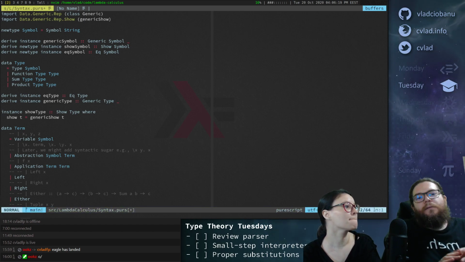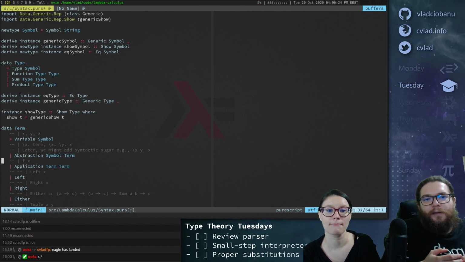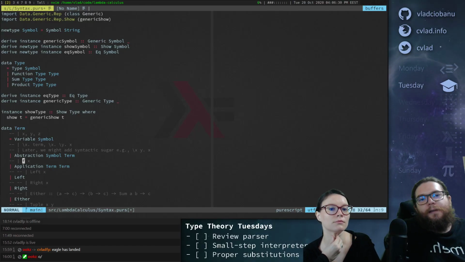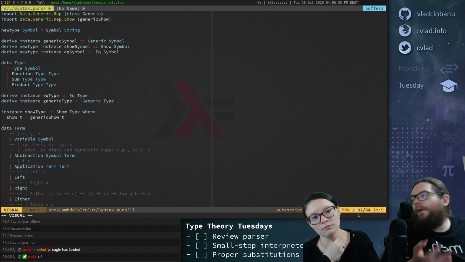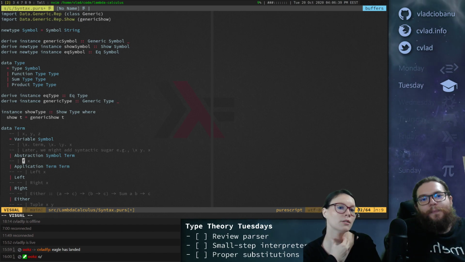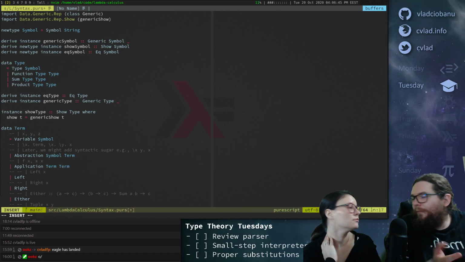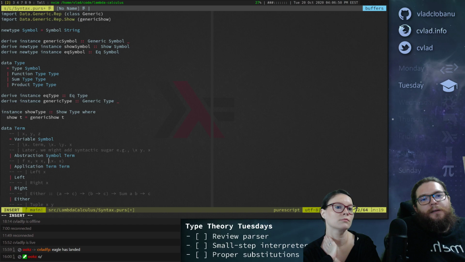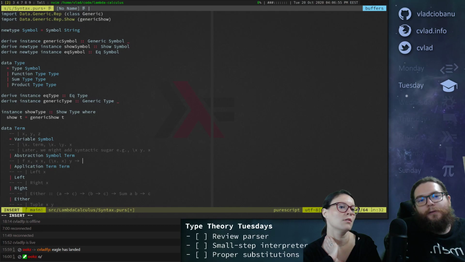Okay, and then we need application, right? Because you need to be able to do something with your abstraction. Otherwise, you just create abstractions and you can never use them. Application is where you just put two terms next to each other, right? Usually the left-hand side will be an abstraction, because otherwise you won't be able to do anything reasonable. You can easily just write this, and that's it, you cannot do anything. But if you do, for example, lambda x dot x and then y, then this is something that you can evaluate to y. But we'll see that today, right?